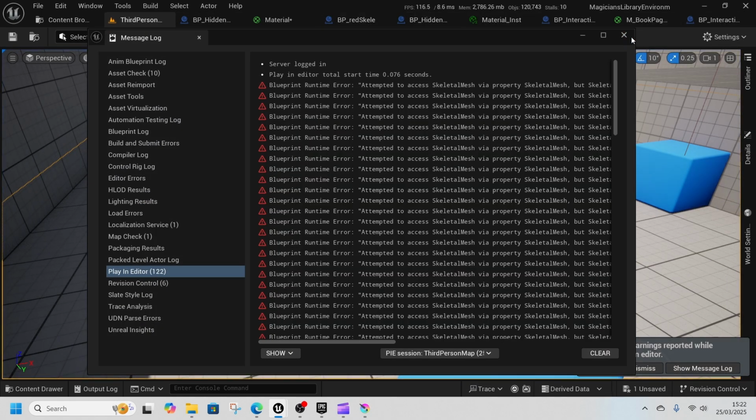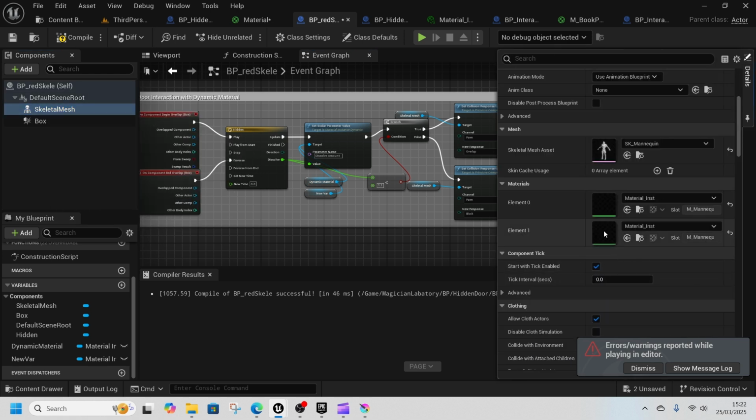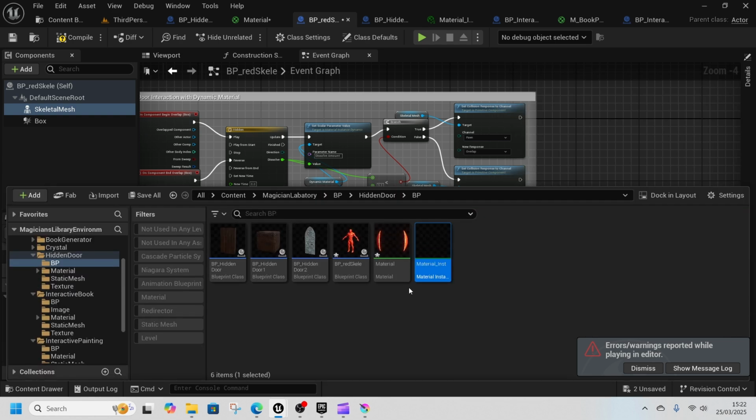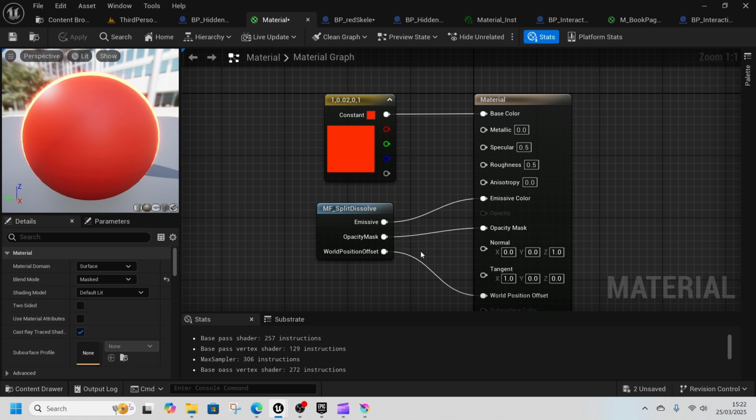I messed up. So in the video you just watched, the skeletal mesh is set to material. It should be material instance on both of these, and then inside the material instance, inside the material, I connected